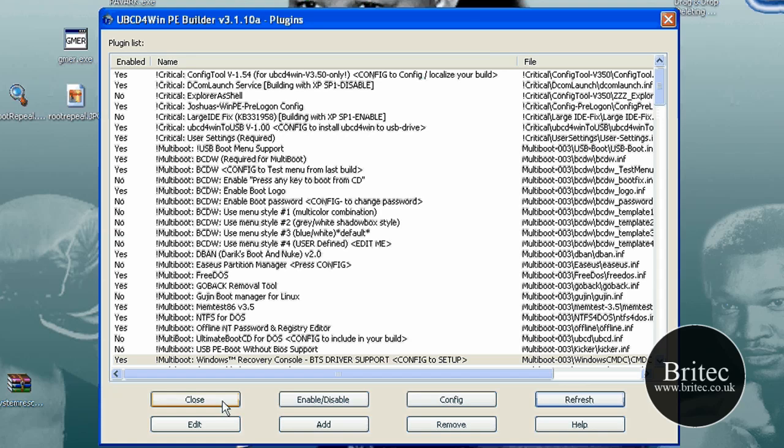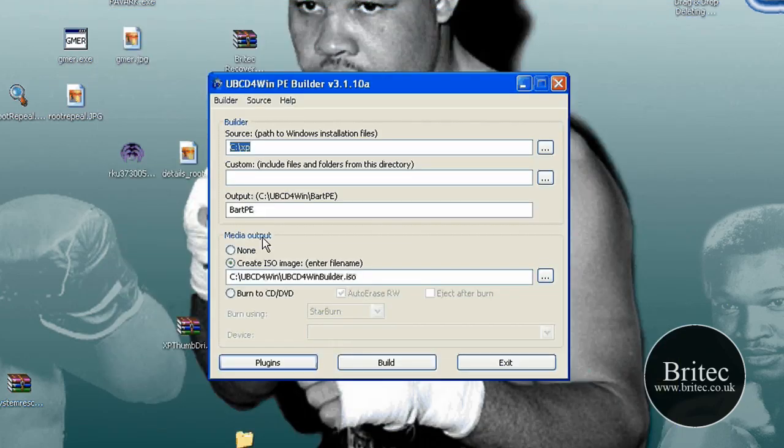Okay, so we need to close this off now because we've done all the work we need to do in there. And this is where we need to create an ISO file so we can burn that to a CD, or you can burn to CD if you want to, but creating an ISO file is okay. So what I'm going to do now is click on build,